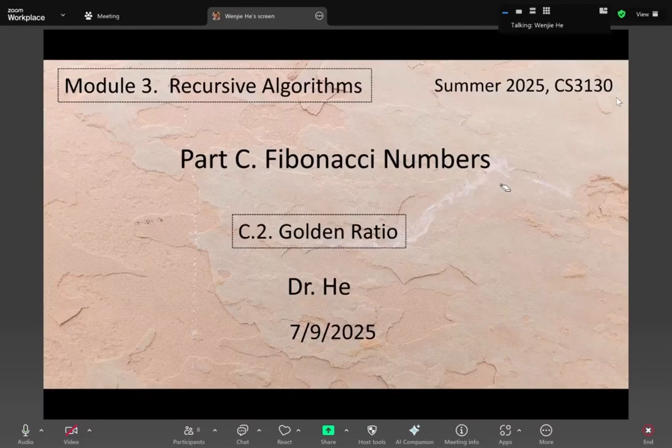Our midterm this week. The specific time of the midterm, because I put it online, it's not an in-person test, it's an online test. So I plan to do it this way.